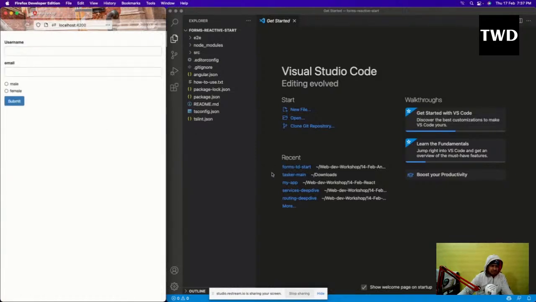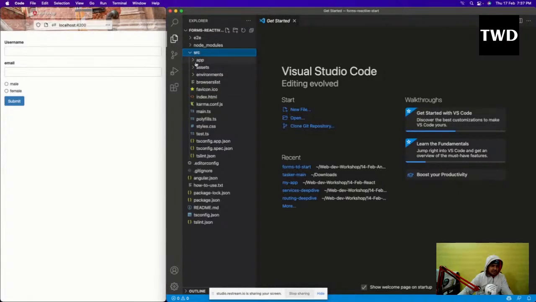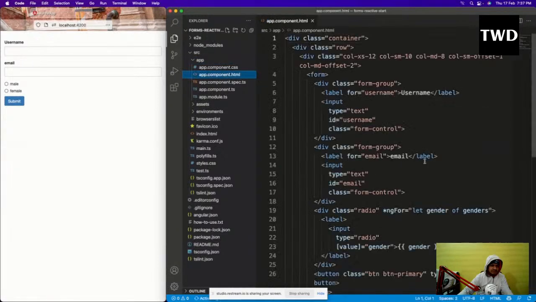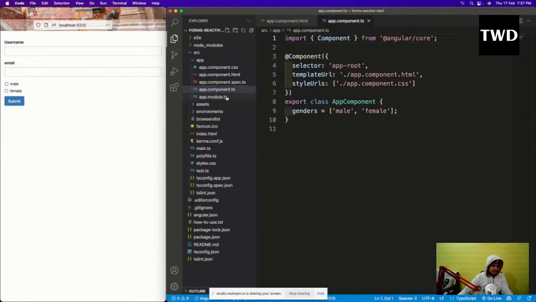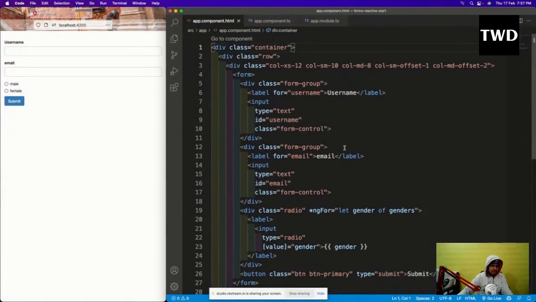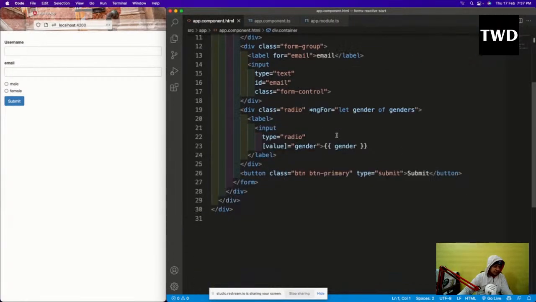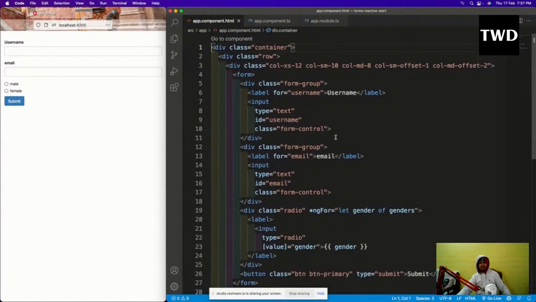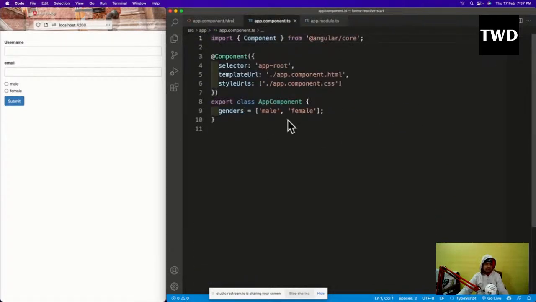So this is a normal form. Okay, this is a very normal form. So let us see again. In the app.html, we again have a simple form, and the ts also. Let me start, and this also I will start. Okay, so app.module, again a simple form. This time we don't even have the secret question and all those things, just a simple form, and here we have male, female is there. Okay, so that is there, but one thing is missing.